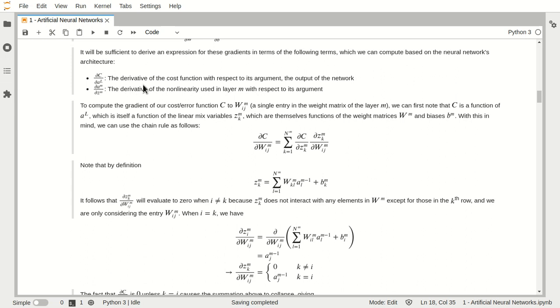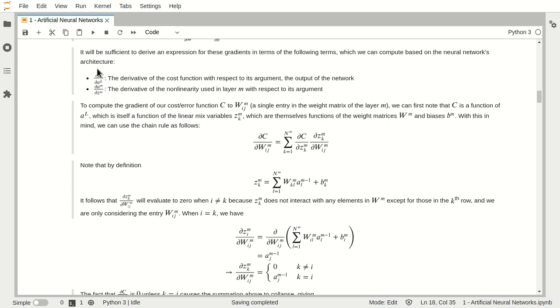This partial derivative concept we may all have studied in our graduation, in mathematics, in calculus. But if you have not studied these things, that's fine, just try to understand here.